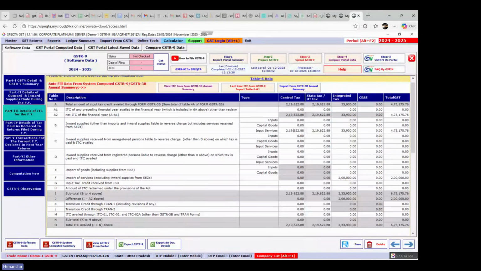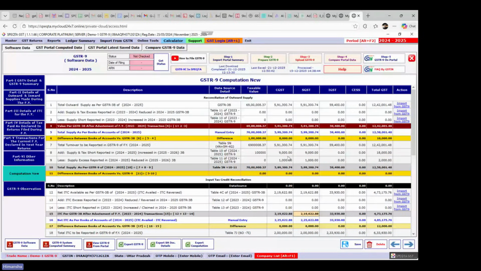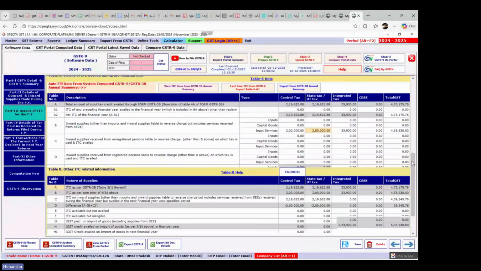25 में डालता हूं, ठीक है। सपोज ये हम वापस आते हैं कंप्यूटेशन पे कि हमने ड्यूरिंग द ईयर आईटीसी जो 9 में दिखाई है वो इतनी दिखाई है, और फिर हमने टेबल 8 में क्या दिखाई है, वो भी ले लेते हैं।